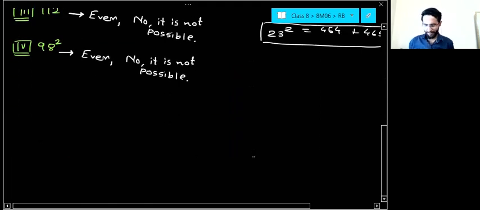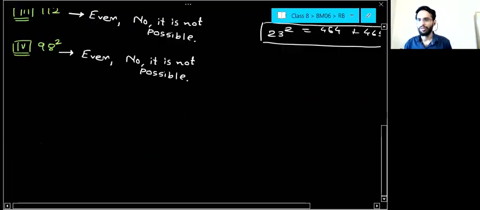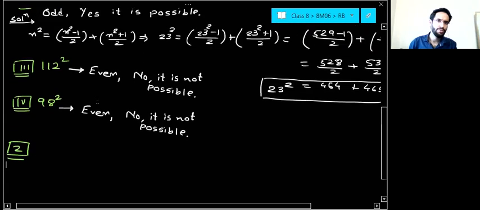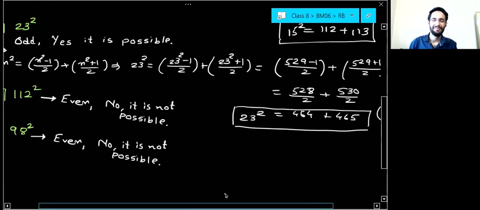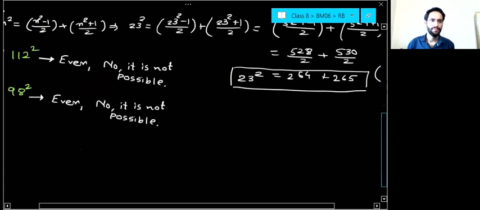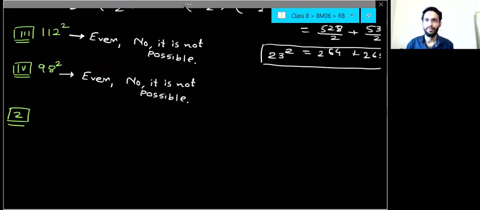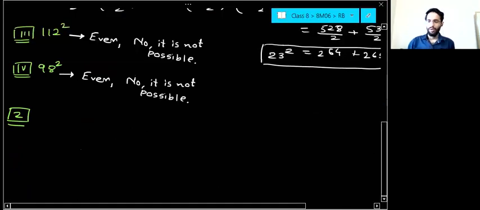Okay. Now question number 2. For question number 2, you have to write true or false. Question 1 clear or not, students? Sir, 528 by 2 is 264. Oh, my mistake. I've taken this 464. Thank you, Samar. Exactly. 2 2s are 4, and instead of writing 2, I have written 4. So 264 and 265, 264 plus 265. Only with odd numbers we can do this, not with even numbers.